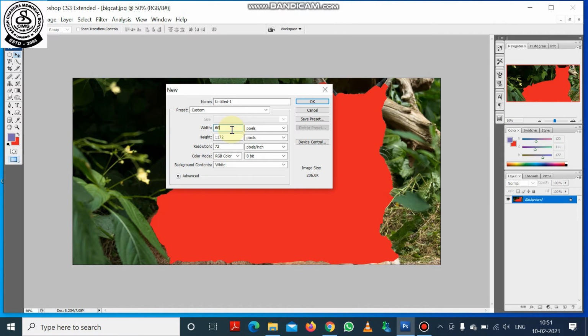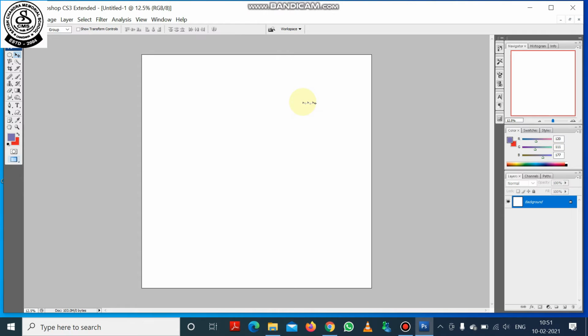I can open a new file through the new dialog box, and the box will open and I can paste it. And when I am pasting it, you can see it is pasted.